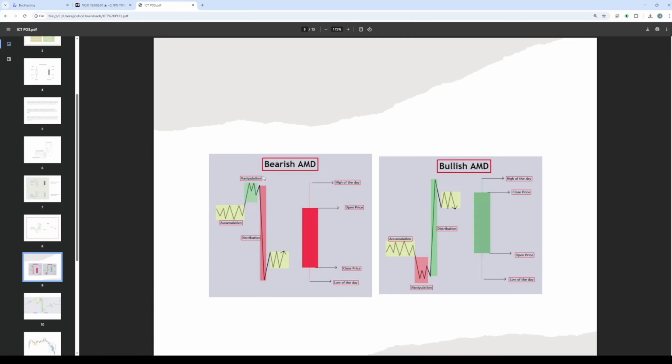So AMD, power of three, is accumulation, manipulation, distribution. It's built up of those three things, right? Accumulation is a buildup of orders or liquidity. Manipulation is taking out all of those orders and creating a fake move. And then distribution is what happens after all that order and the liquidity is taken out. And then we distribute to the opposite direction. Okay. So the most common example I said was Asia, London, and New York session. Asia can be treated as the accumulation, London treated as the manipulation, and